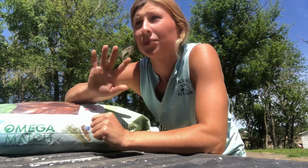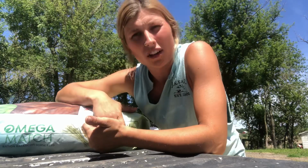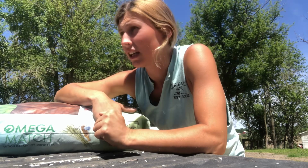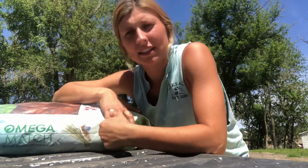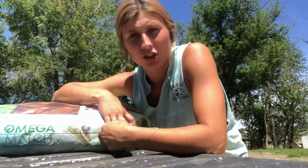And so I'm going to be putting BB, Luna, and Sugar, Oakley, and possibly Dolly on this. They're each going to get 2 pounds a day, so just a small scoop in the morning and at night. She did give me their little Purina scoop. I met her in town today, and then the next time she comes out, she's going to do weights on all of them and get pictures. So